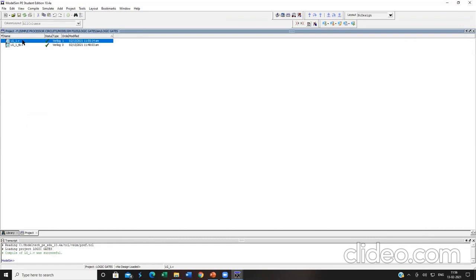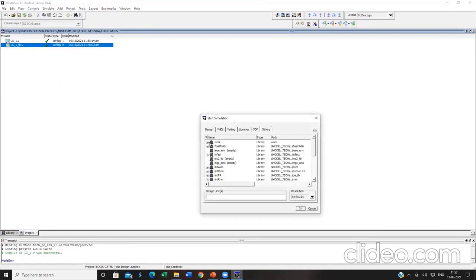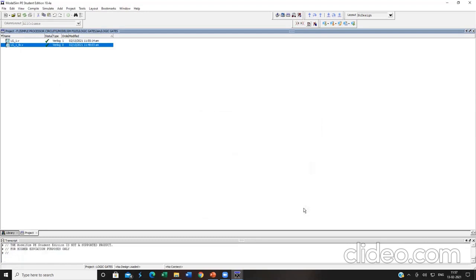This test bench file has already been simulated and verified to be correct, so we need not compile it again. Right click this, select the test bench file, and go to the simulate button. Go to the work library over here, click the positive symbol, and it will branch down. Select LG_1_TB. Click on OK.